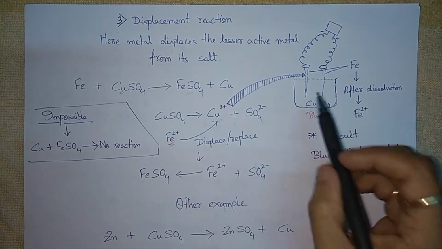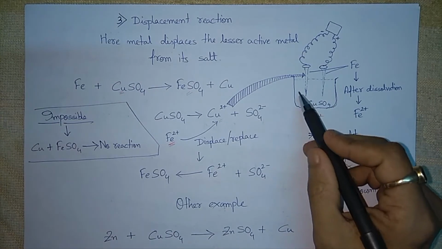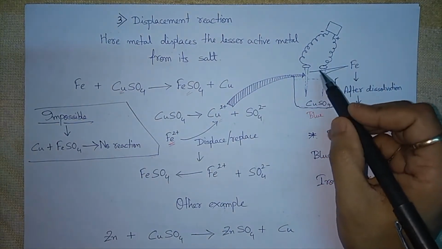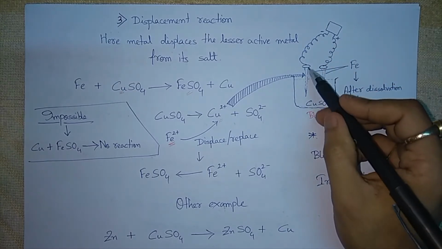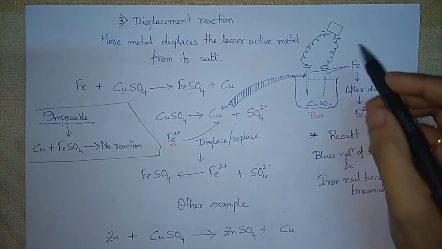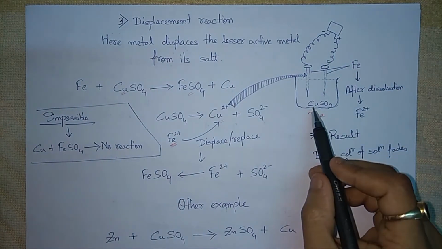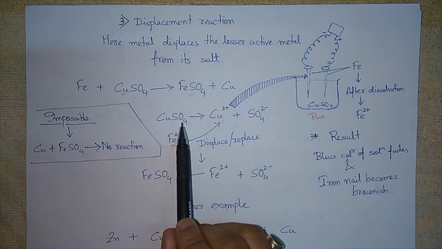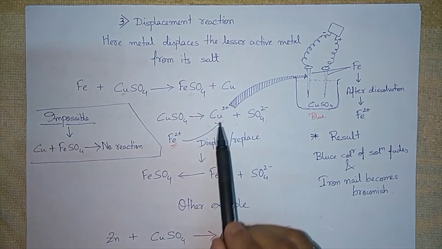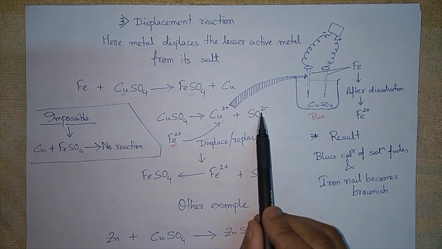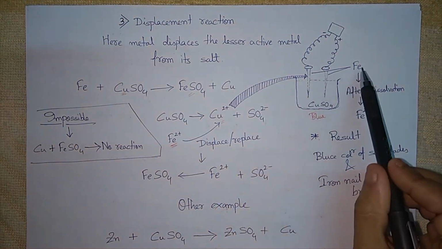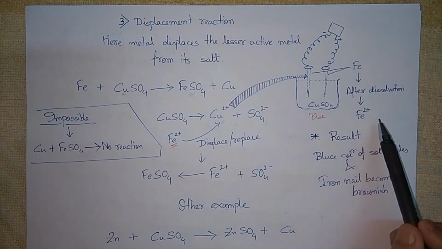For easy understanding, we have taken copper sulfate solution where we have taken two iron nails as positive electrode and negative electrode. So when electricity is passed through copper sulfate solution, copper sulfate breaks down to Cu2+ positive ion and SO4 2- negative ion, and after dissolution the iron nail forms Fe2+, which is also a